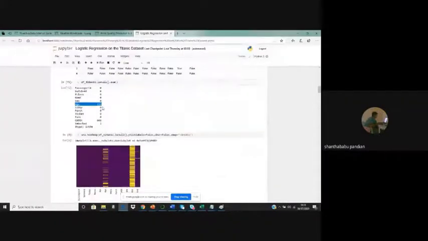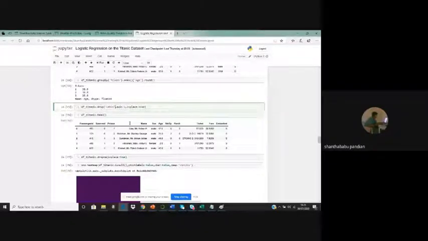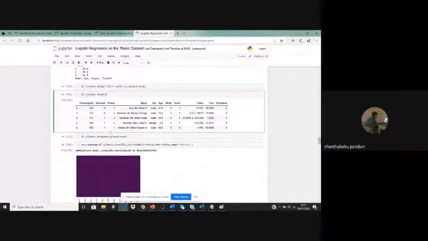So only in the age column I have 153 null values. What I'm going to do is remove that row itself. I'm applying that, and after cleaning up the data, removing my cabin and all the other null values,